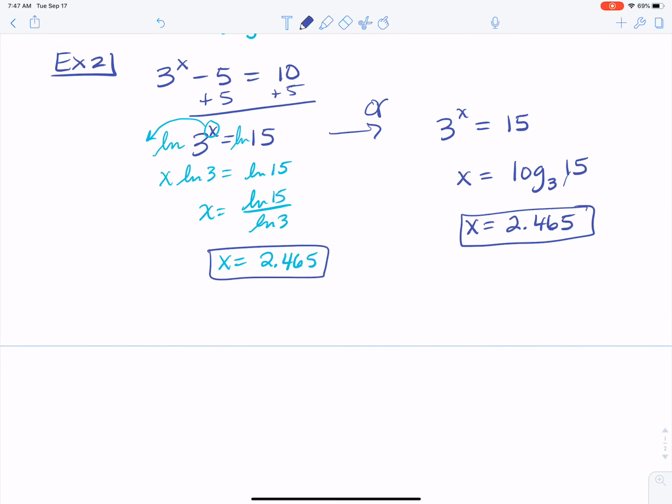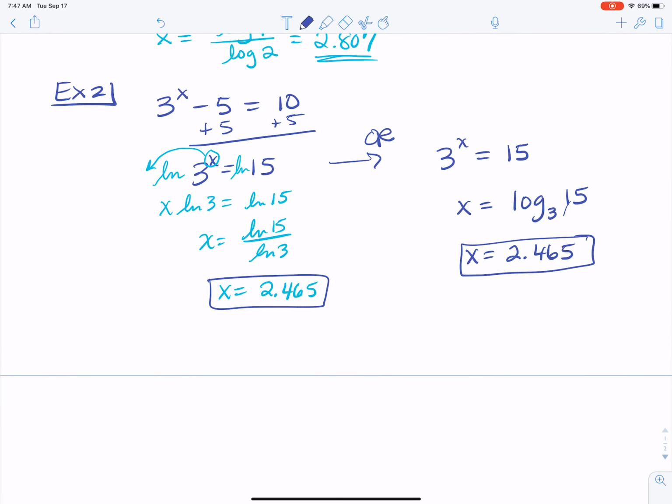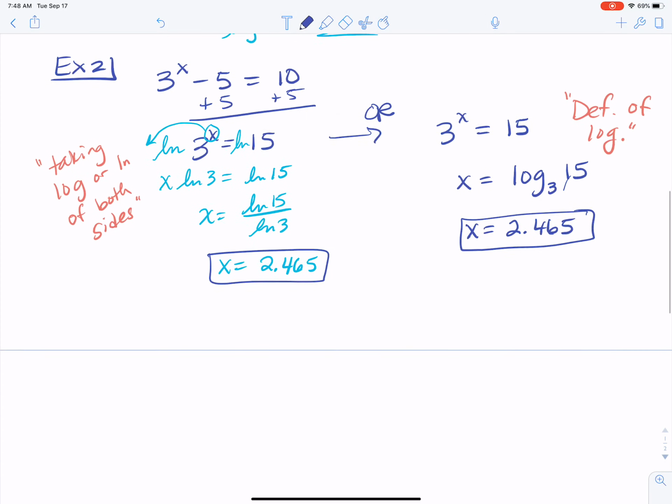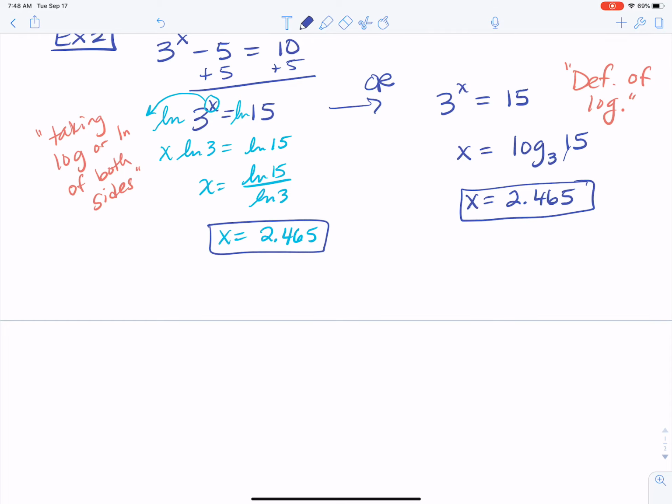All right. So again, I kind of feel like for your notes, this one uses definition of logarithm. This one is what I would call taking the log or ln of both sides. All right. That's kind of what the two methods are that I just showed. If you want to see the other one in class, I'll be happy to show you. All right. Let's look at